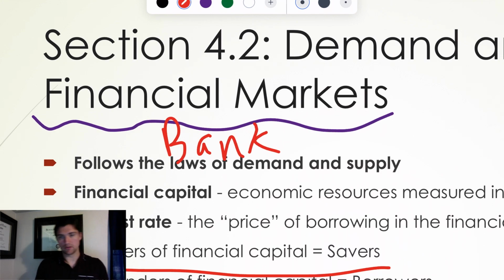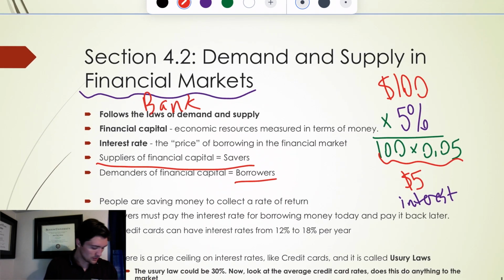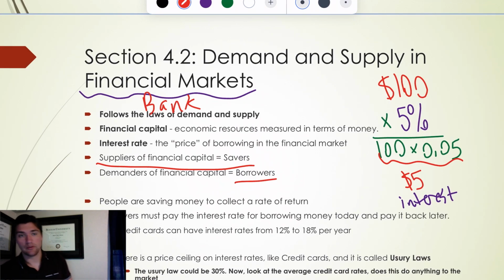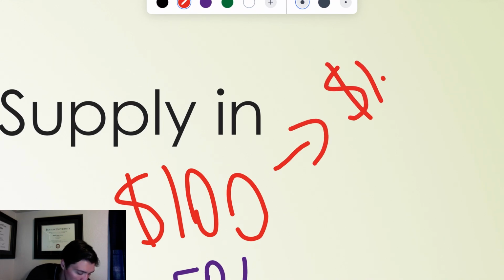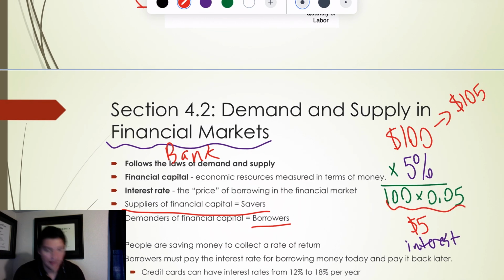Okay, so we call these borrowers, people that are borrowing money. People that are saving money collect a rate of return. Basically, in the simple example where you gave me $100, and now how much money do you have? You now have 105. So we turned $100 into 105. Because that happened, you can now have a rate of return. Like you earned money for your money. This is a rate of return. Now, borrowers must pay this rate of return, or the interest rate, for borrowing money today and paying it back